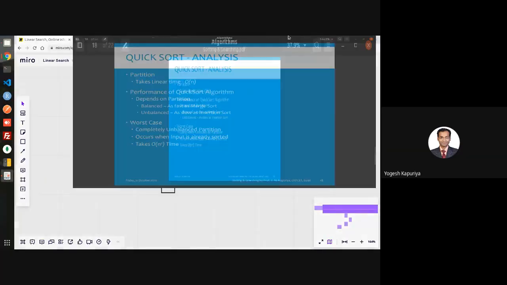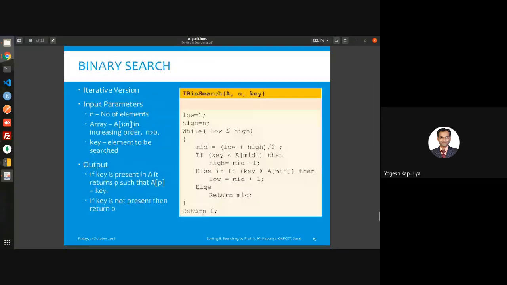So now if you see the algorithm, you have a searching algorithm, binary search. You have an array with n number of elements, and the element which you want to search, key. We'll start with low and high. So low is equal to 1, and high is equal to n. N is the length of the array. So here you are considering 1 as the initial position, so 1 to n. That's what we have discussed.